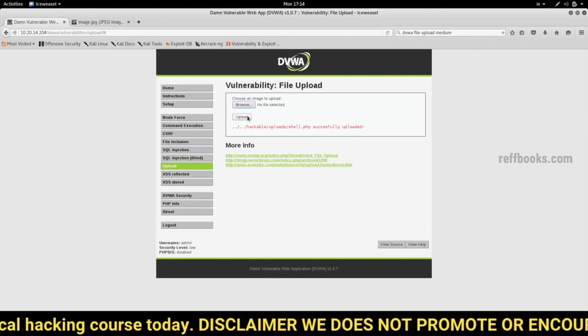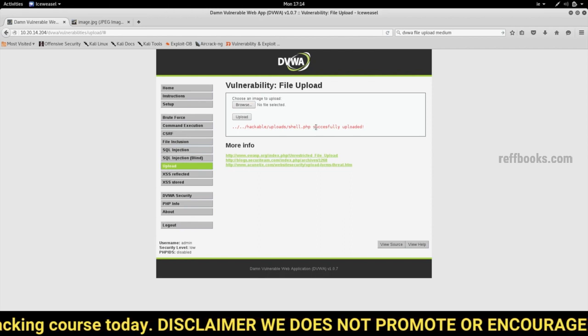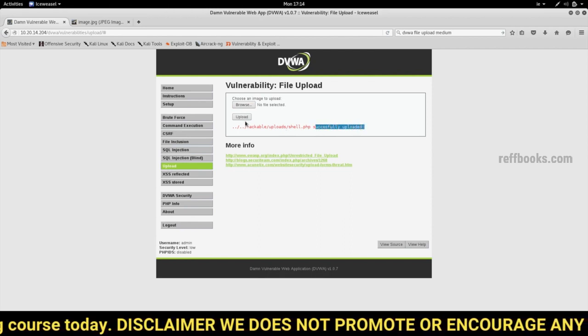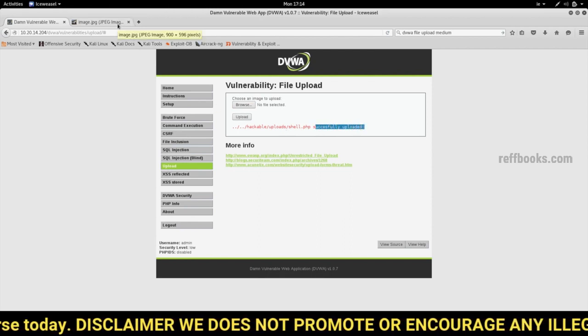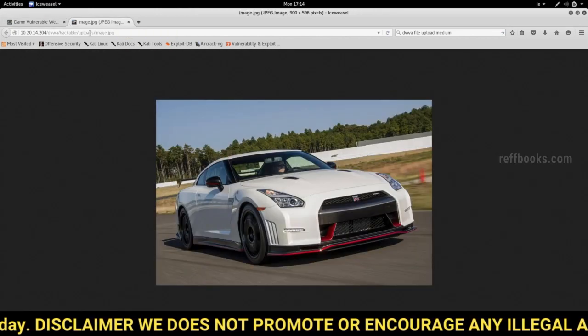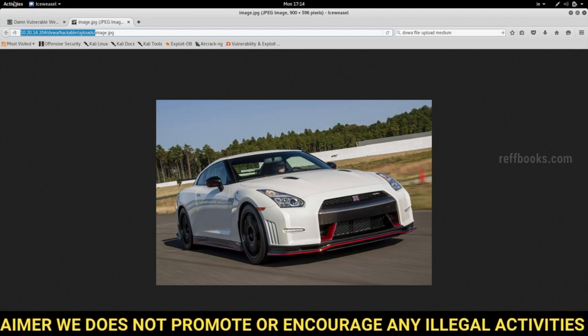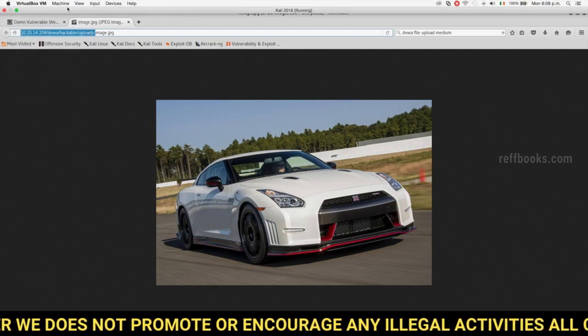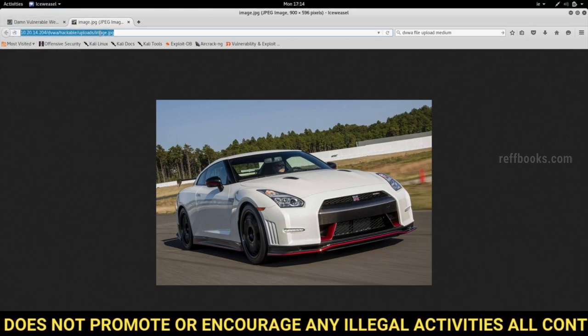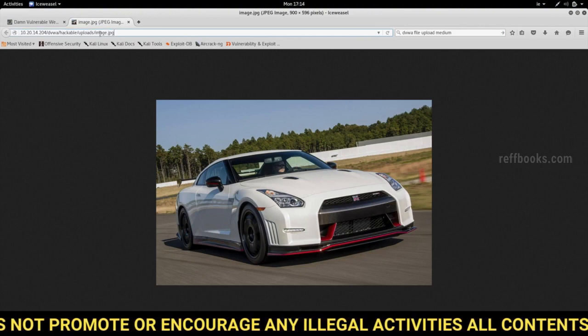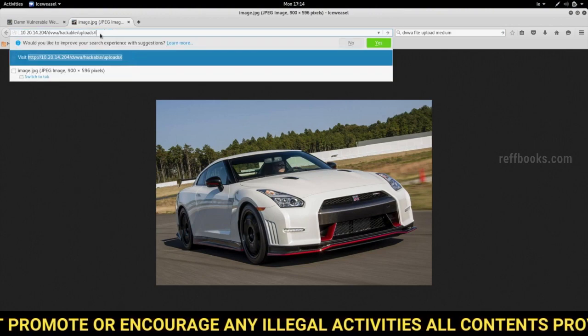And as you can see now, it's telling me the file has been uploaded successfully and it's in the same place that the picture was. So all we need to do now is use the same link and use Weevely again to interact with the shell that we uploaded. Now let's first of all see if the shell exists and has been uploaded properly. So I'm just going to browse to it through my browser,